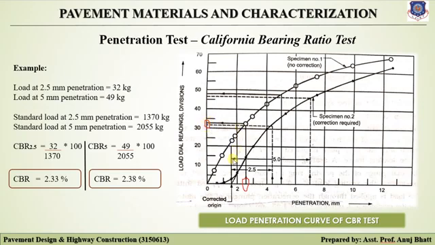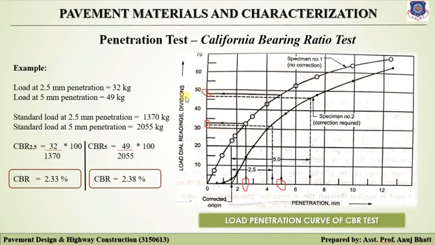Let's say the load for 2.5 mm penetration is 32 kg. In the same way, the load at 5 mm penetration, approximately here, at the middle of 4 and 6, is around